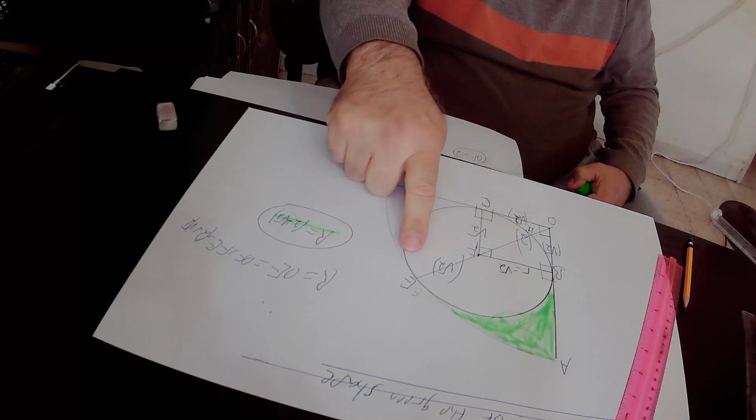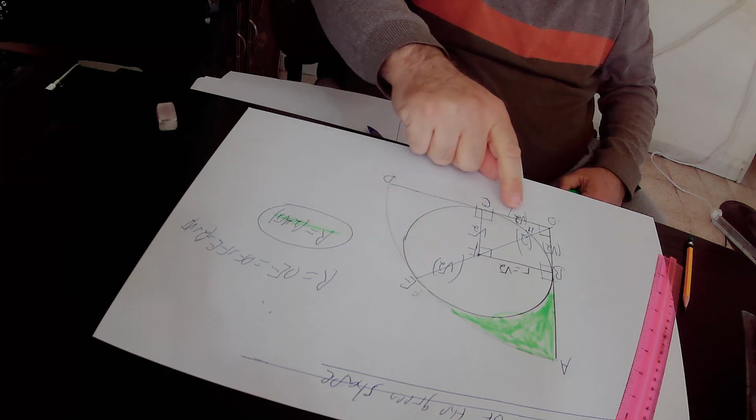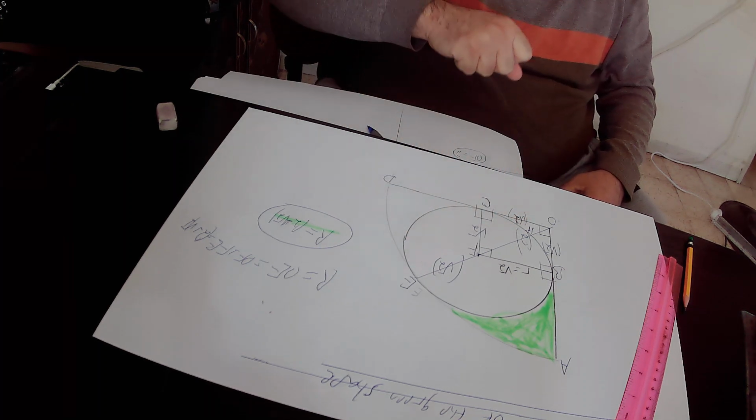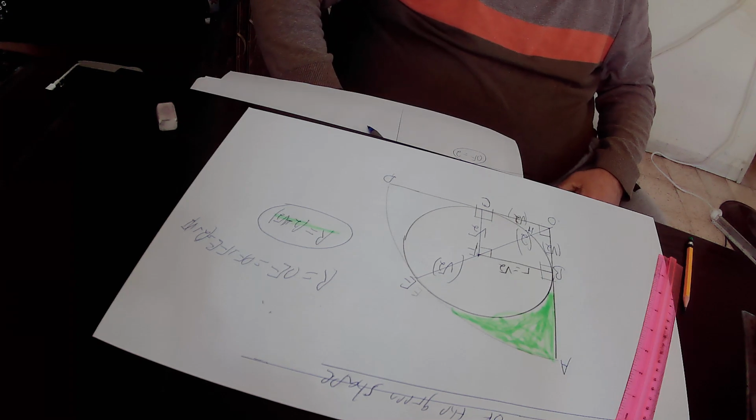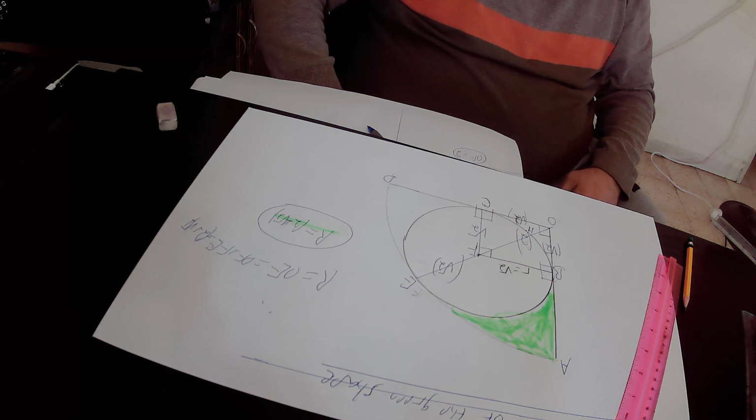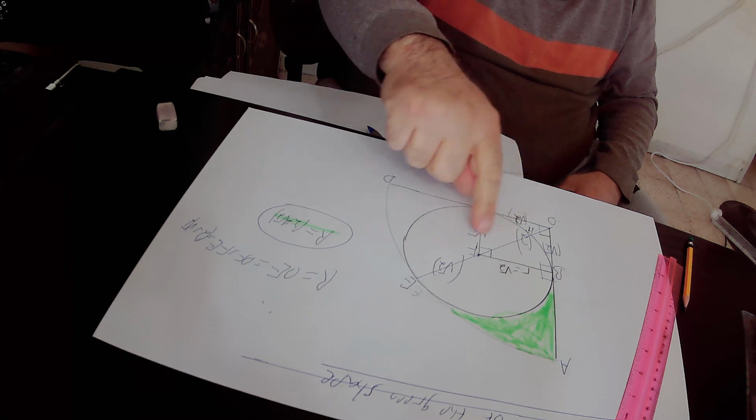So HFE is a straight line that touches the small circle at points H and E. Any straight line that touches the circle at 2 points is defined as a chord. So HFE is a chord